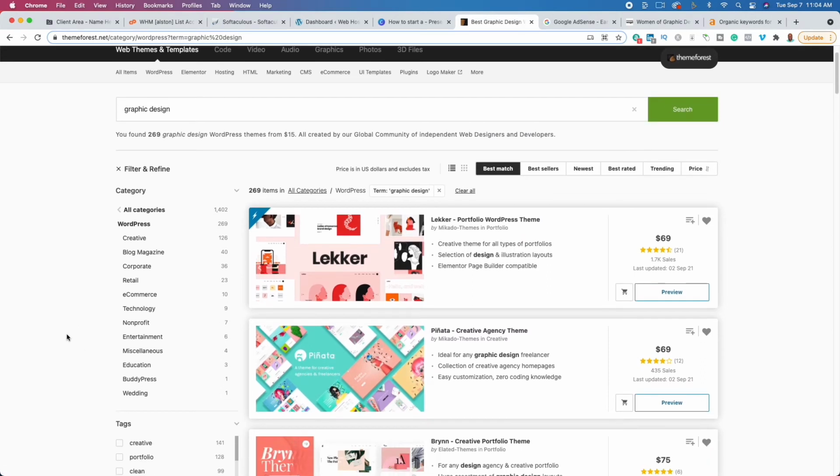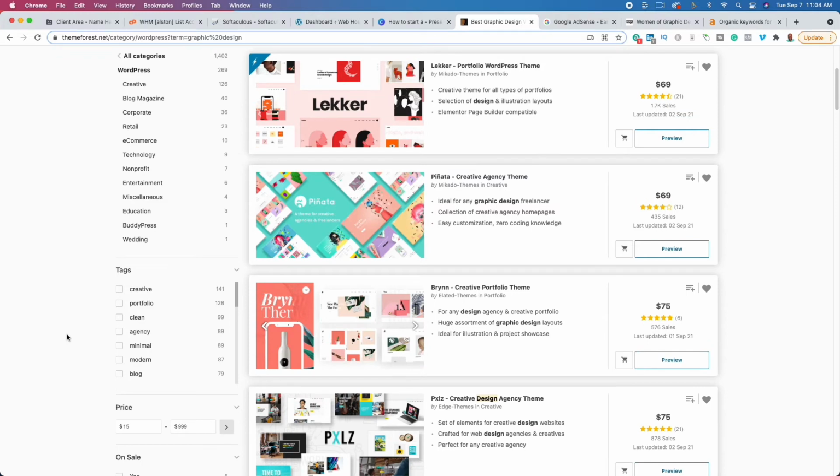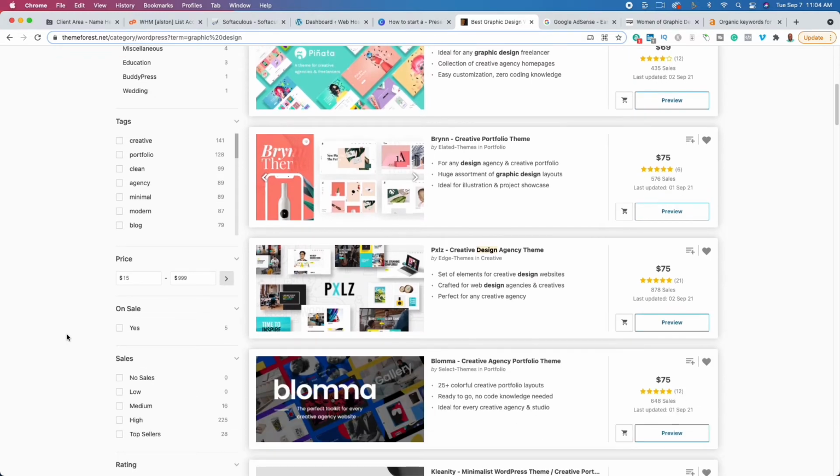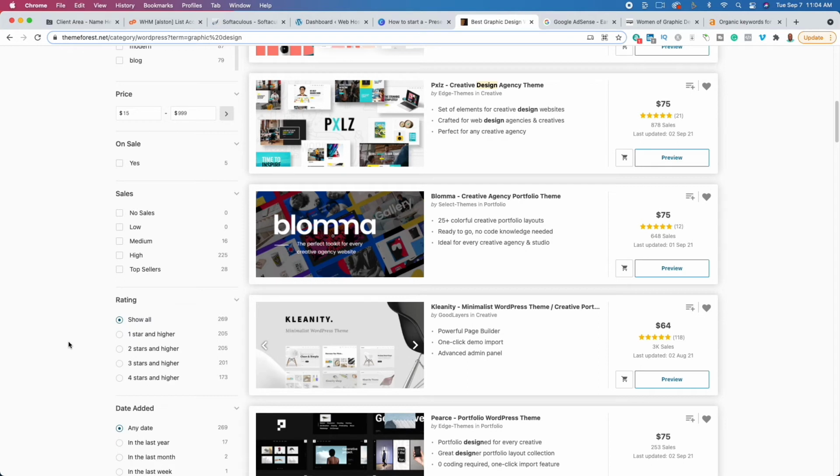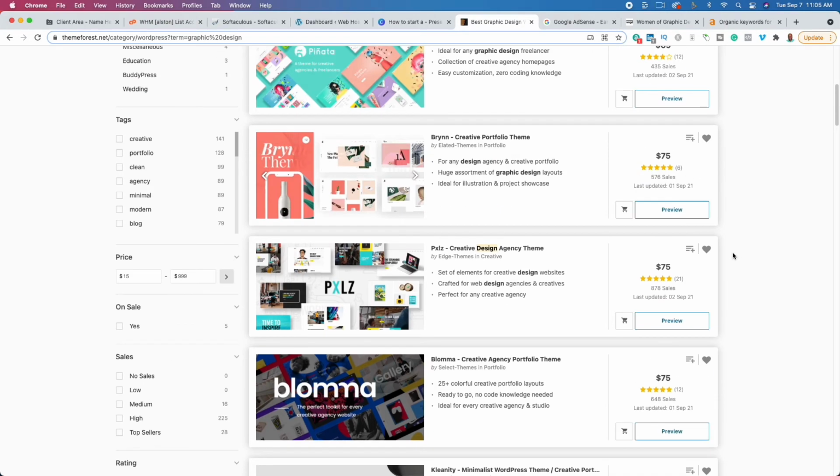These themes have additional features and functionality. They actually have a lot better look. They're more intuitive, and it's going to get your customers, your viewers, your readers to want to stay on your website longer. And so what I recommend that you do is spend some time, go through, find a WordPress theme